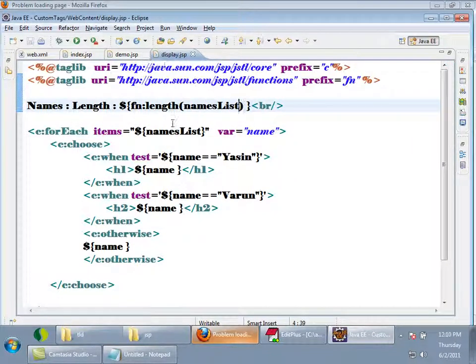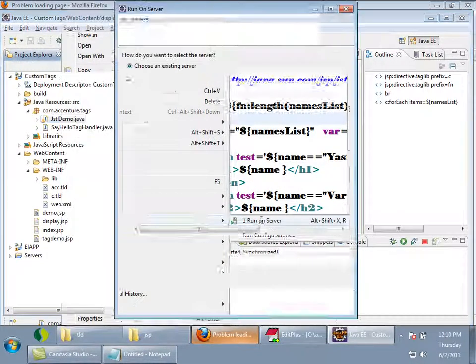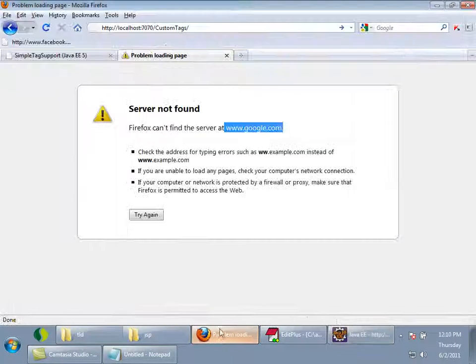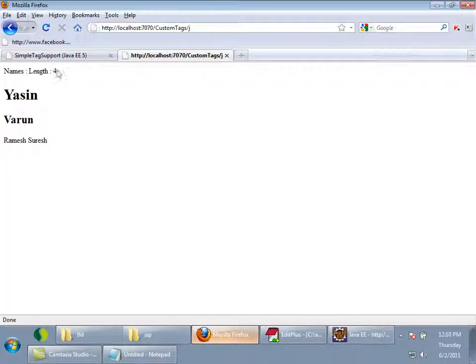Let me just check, one minute. I'll just give a request to the servlet which will forward to the JSP. Okay, I'll use it in Firefox. Yeah, length is 4.